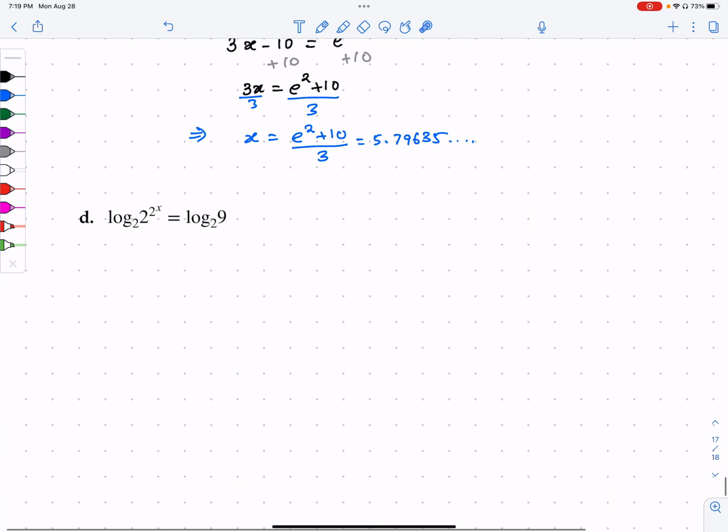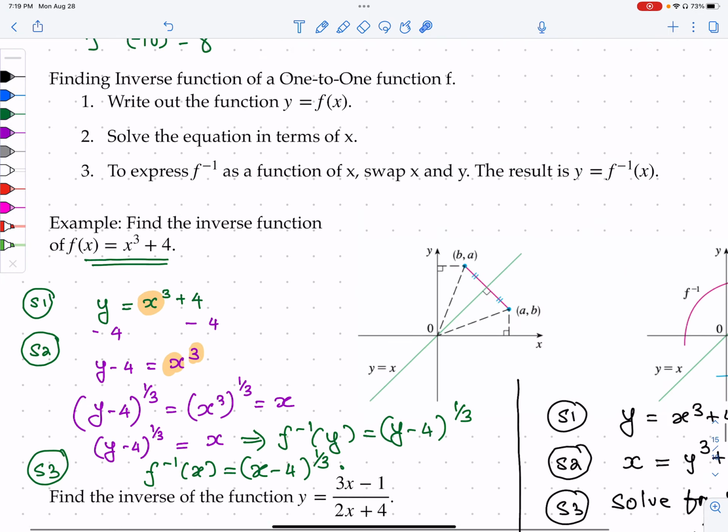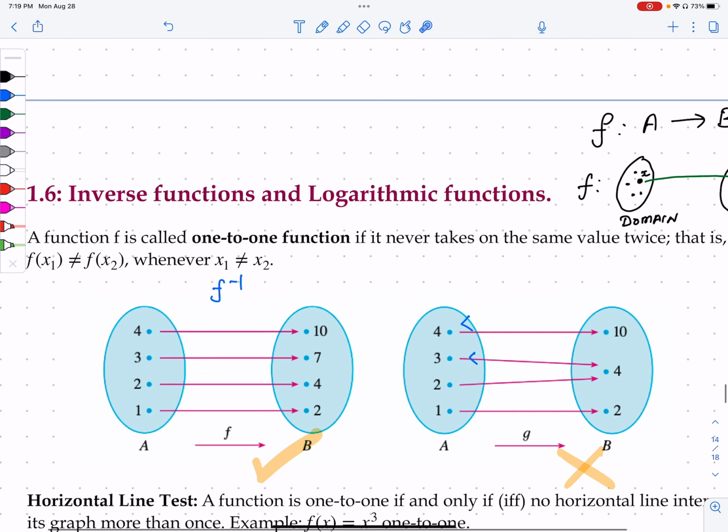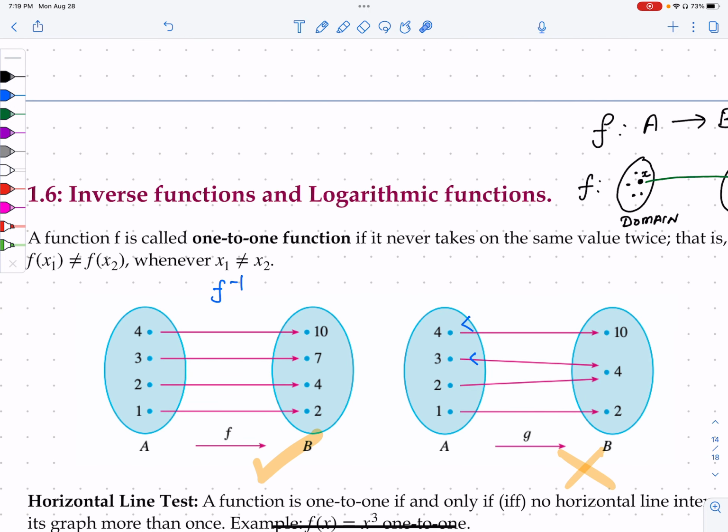And this completes section 1.6 and also chapter 1 as well. The next video we will look into chapter